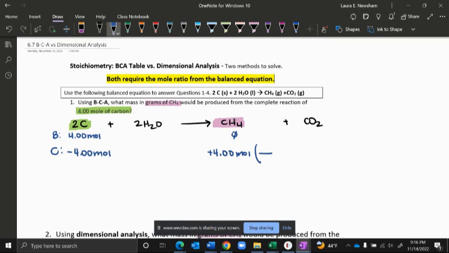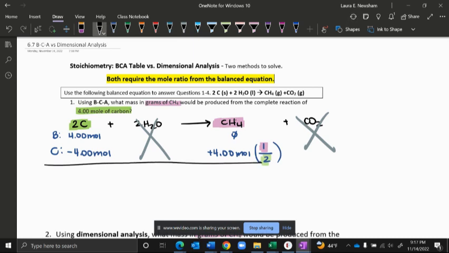Then we're going to use the mole ratio from the coefficients in front. The 2 comes from the 2 in front of carbon in the reaction, and we have a 1 for the 1 in front of carbon tetrahydride on the product side. Again, we don't need to worry about water or carbon dioxide in this question. So when we do our after, it's a quick, easy one step. The carbon is going to be 0 because we used it all up. 4 times 1 is 4, divided by 2 is going to make us 2 moles